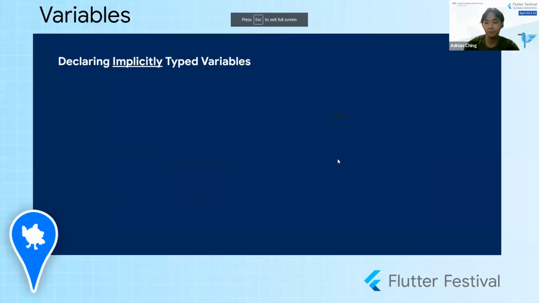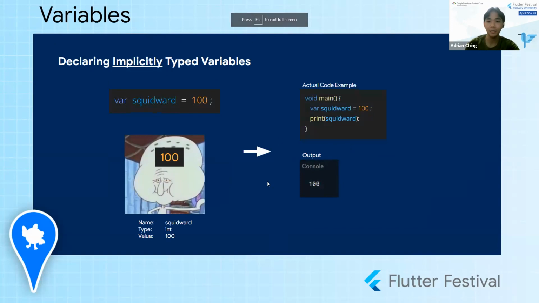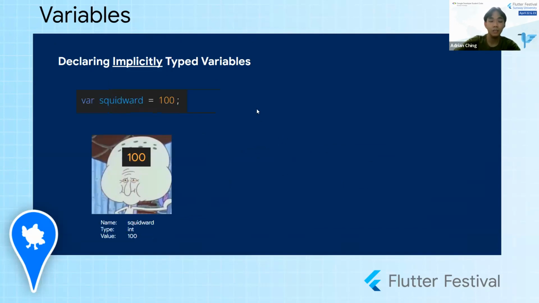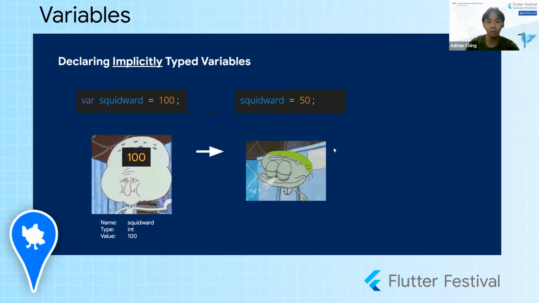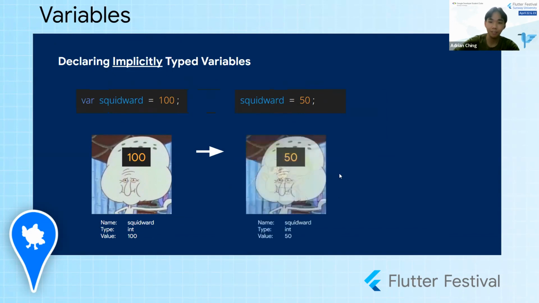Okay, and yeah, this will be the output. Okay. Now let's take a look at another example. Same thing here. And now we are going to run this code after this line of code. And this will happen. So the old value will be pushed out of Squidward, and the new value will be